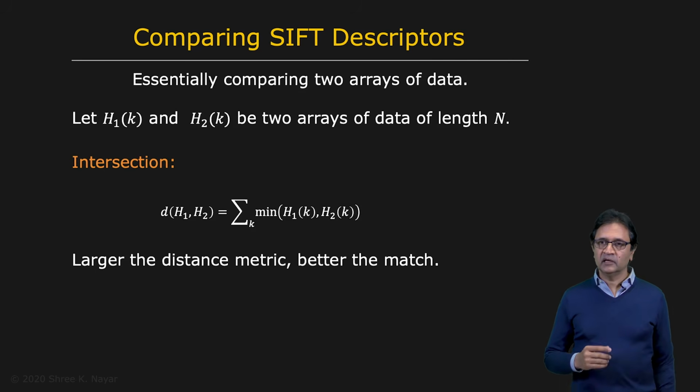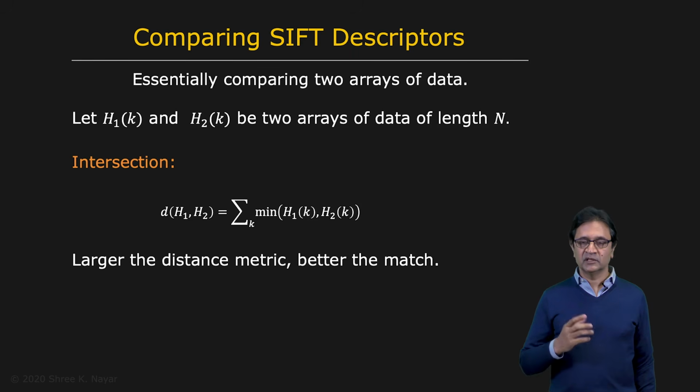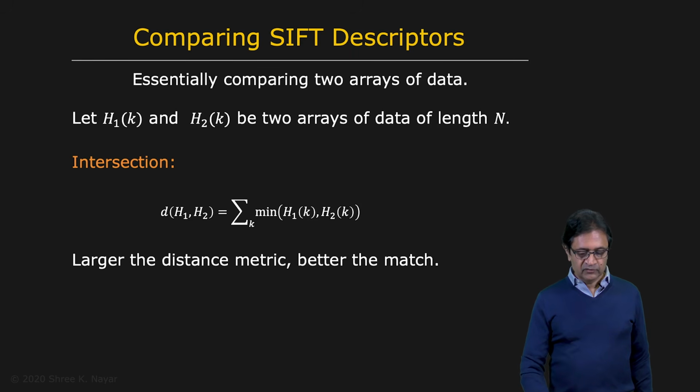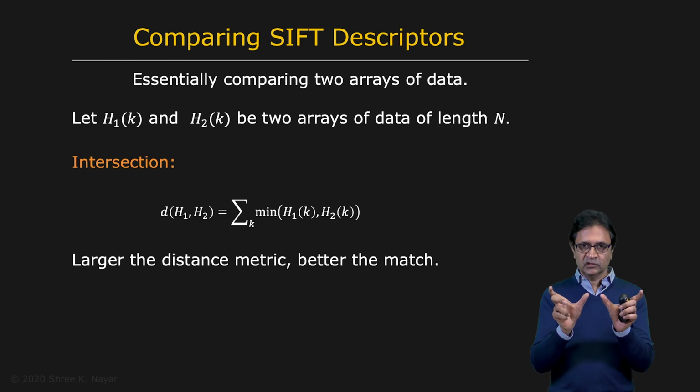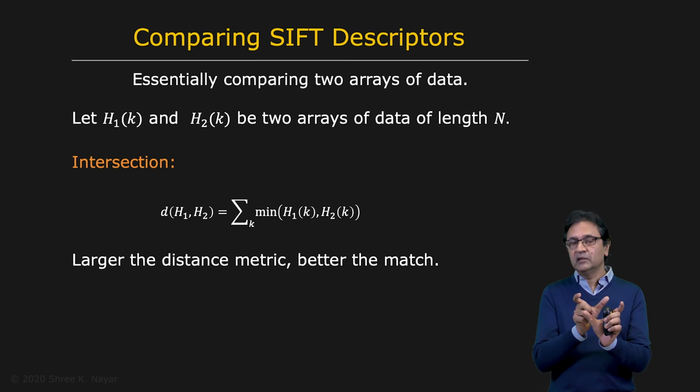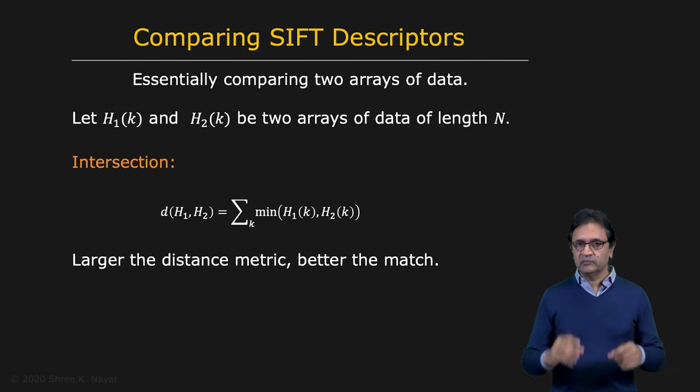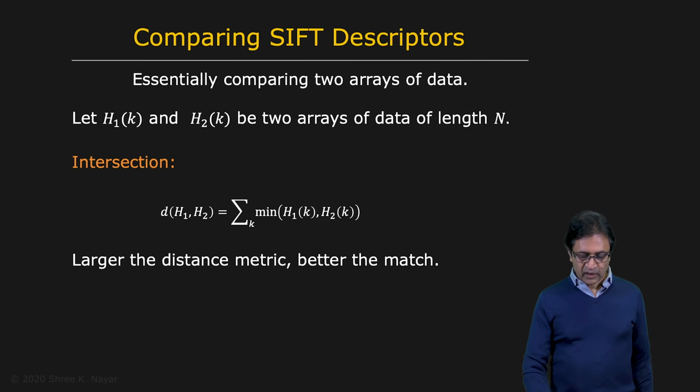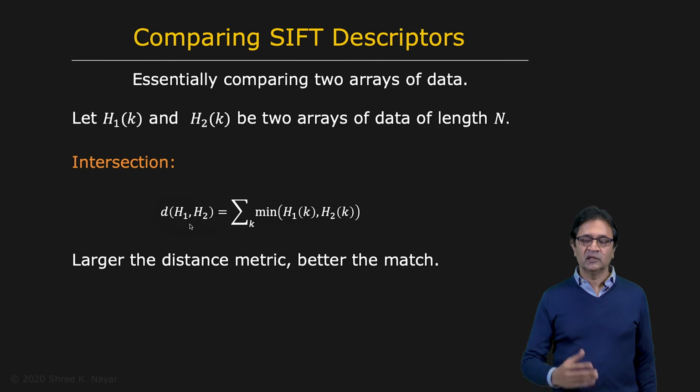And here's one that I want to throw in here, which is called the intersection metric. Very useful in many different contexts. So in this case, you have these two histograms, and you're basically going to find bin for bin the min between the two histograms. That's really computing the overlap between the two histograms. And you add that up, and you end up getting your metric right here. So the larger the value of D, the better the match.